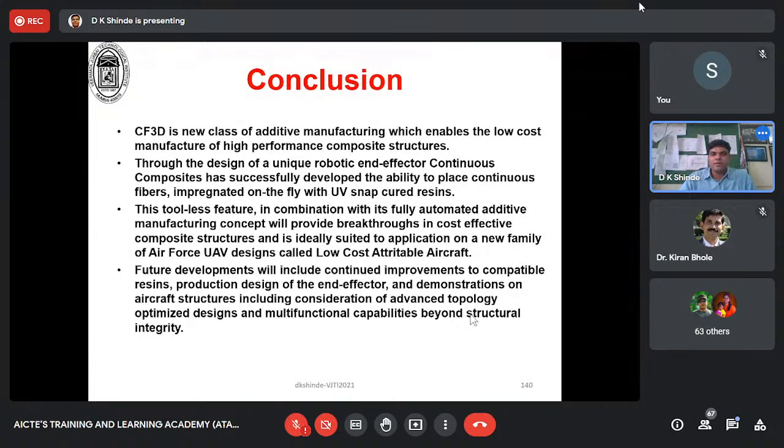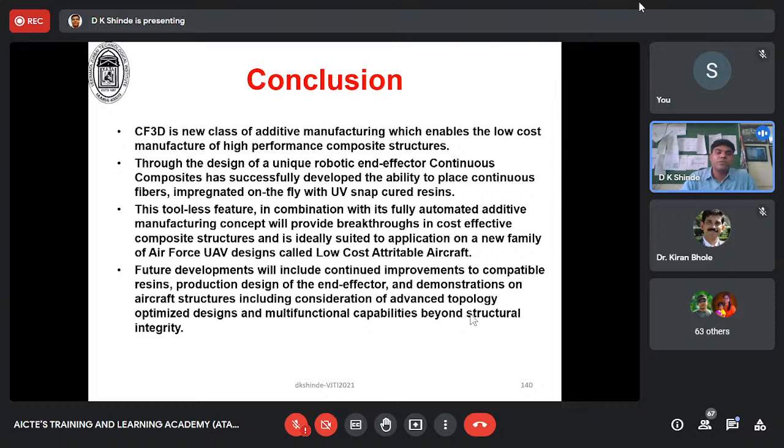Also the toolless features, combined with fully automated additive manufacturing, will be coming soon, like the new families of Air Force unmanned air vehicle, UAV designs, or low cost expendable aircraft which we want to manufacture and use,